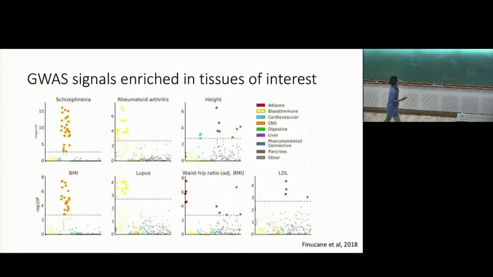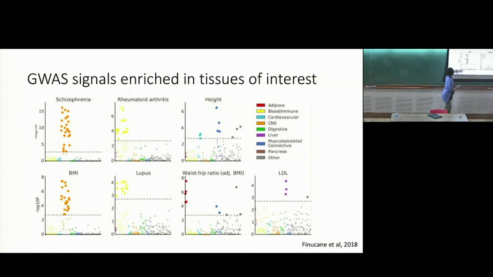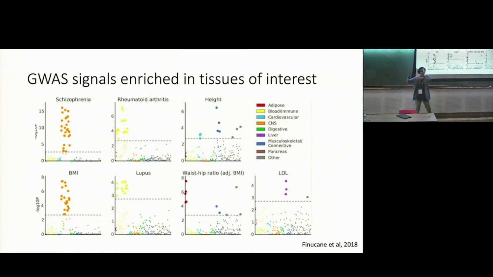But let me illustrate that with one more example. This is one of my favorite examples. You take all of your GWAS signals for BMI, body mass index, and see where in the genome they lie. Are they likely to lie near genes that are expressed everywhere? Are they likely to lie near genes that are expressed in the stomach, fat tissue? Where are they? What we see is that the strongest enrichment for your BMI signals is actually in the central